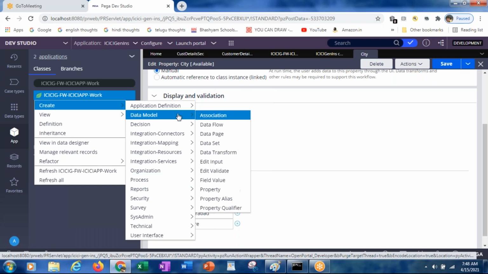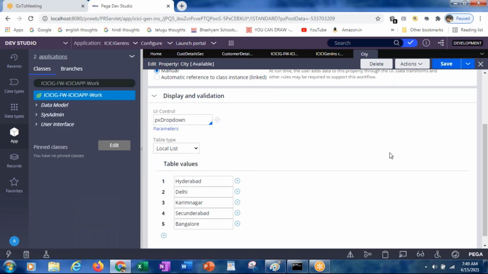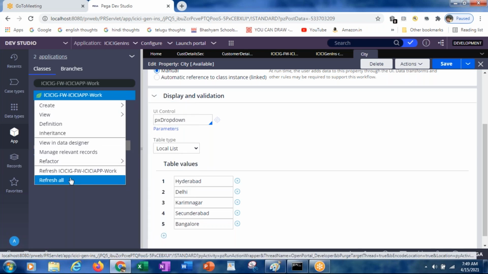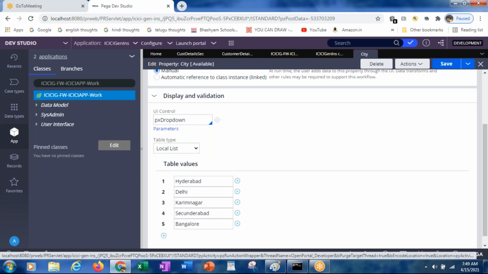But under the data model, property is there. Then here also, if I want to go to the process, it should be there. But why is it not showing? Because I just created it, and after that I did not refresh this particular app explorer. You can refresh all, or you can refresh this current class.